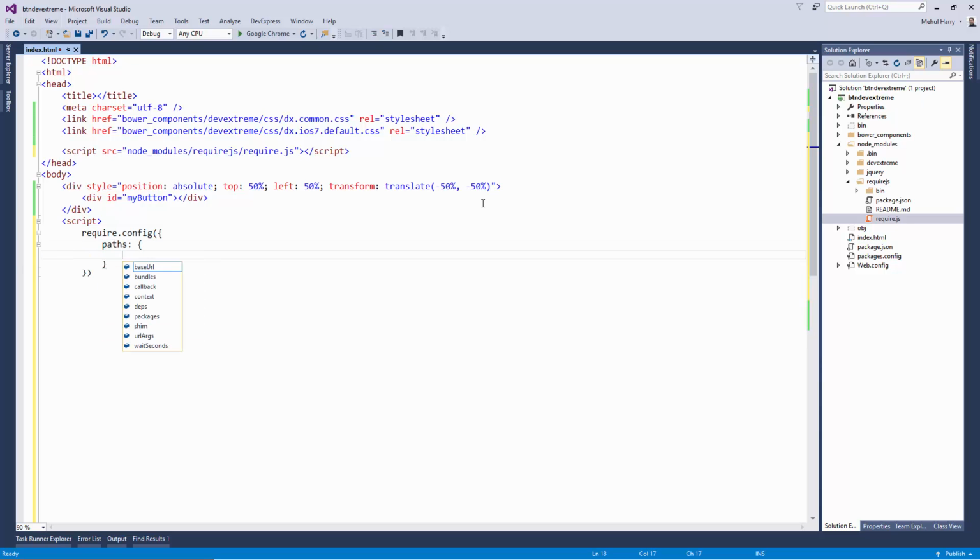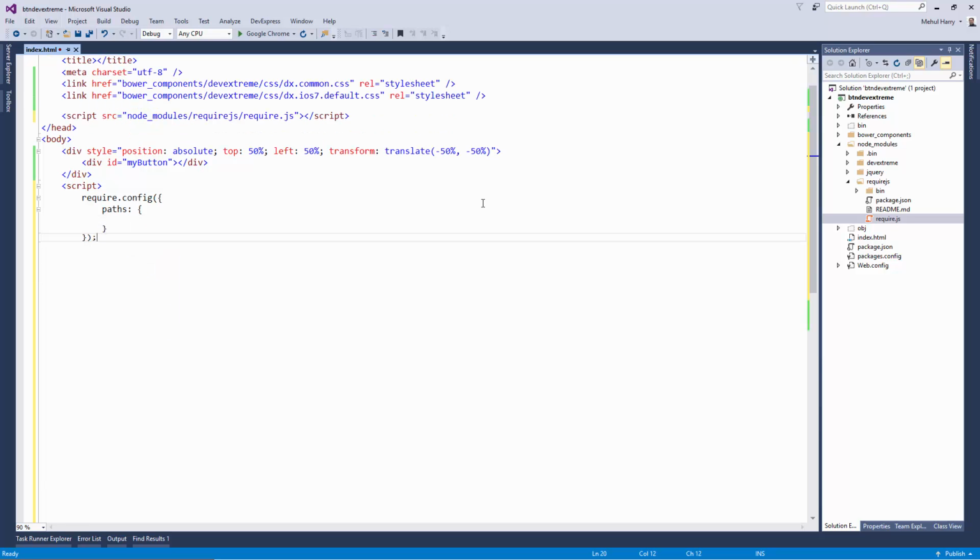Now paths essentially takes a key value pair array of items, and in it we can define exactly what we want. So for example, here I'm going to tell require I'm going to need a module that is called Jquery, and this is where you can find it under node modules/Jquery